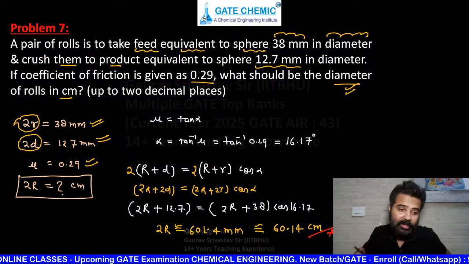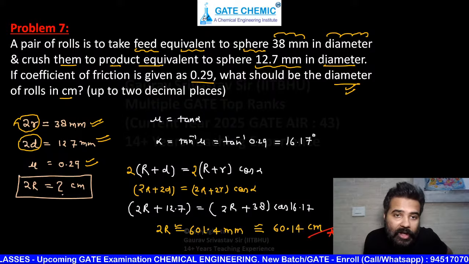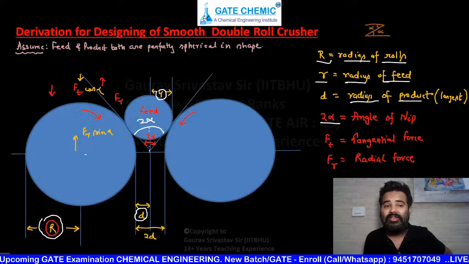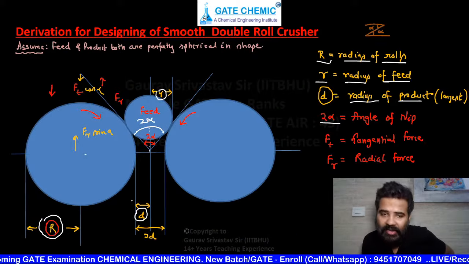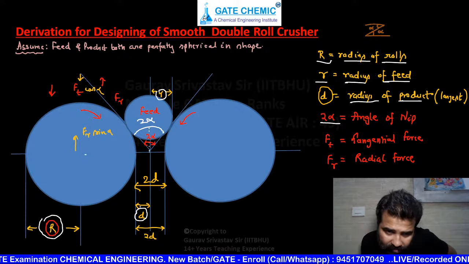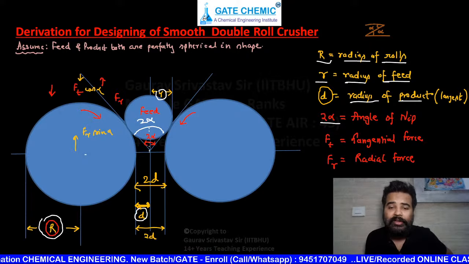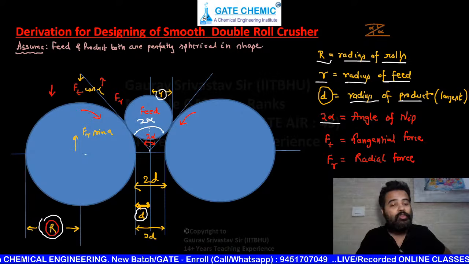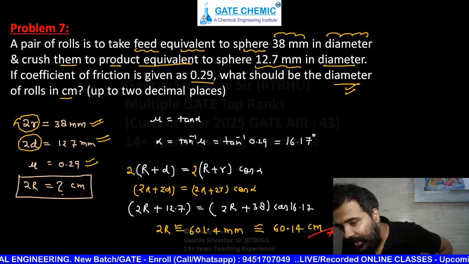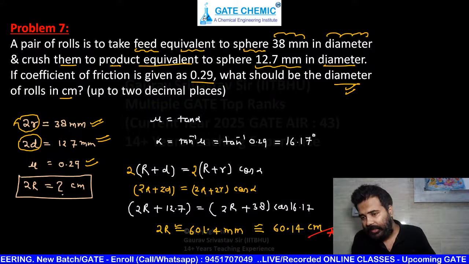Pintu Kumar, why 2d, beta? See, it is written diameter, product equivalent to sphere of diameter, so it's product dia given, beta. And d is not dia here, d is the radius of the product, so it is 2d. We are assuming only d, this radius I am assuming d, so dia means 2d, na beta. Pintu, are you getting my words? It is 2d, is it crystal clear, beta? Done.